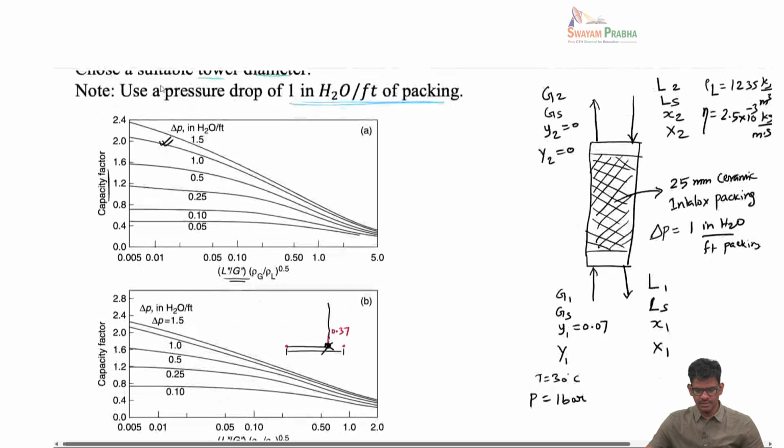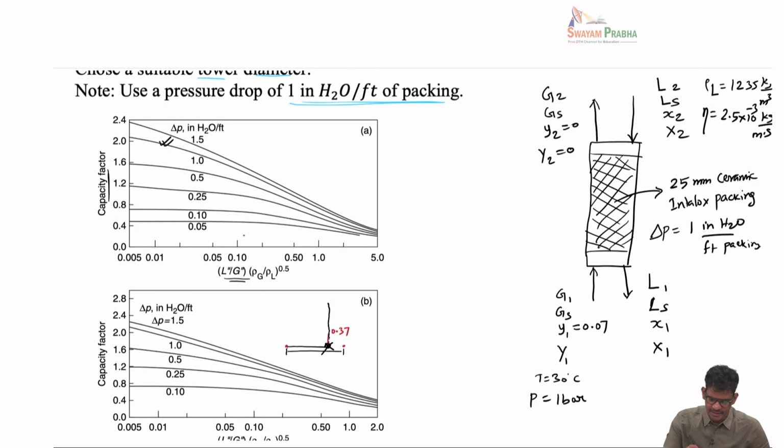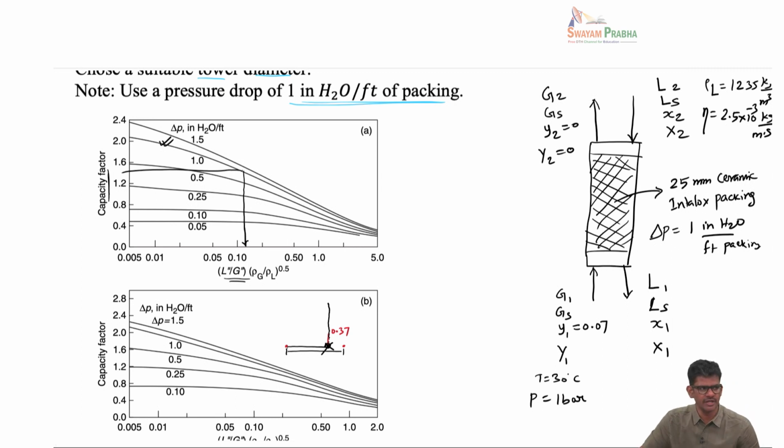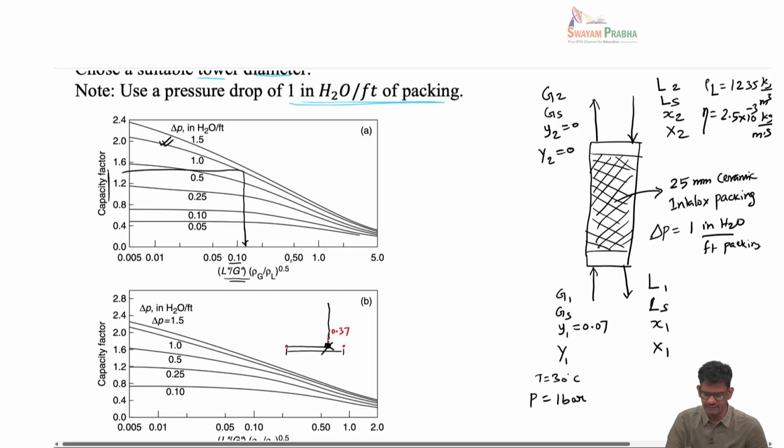So that means I have to locate this 0.12 somewhere here, and then I have to reach this curve, and then I have to read this point. Okay, so I mentioned something about logarithmic interpolation. So 0.12 will lie between 0.1 and 0.5. You can use this logarithmic interpolation and then locate that point here, 0.12, and then draw a vertical line,